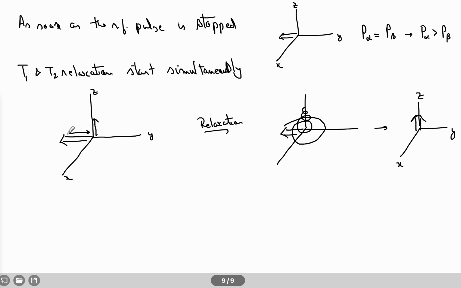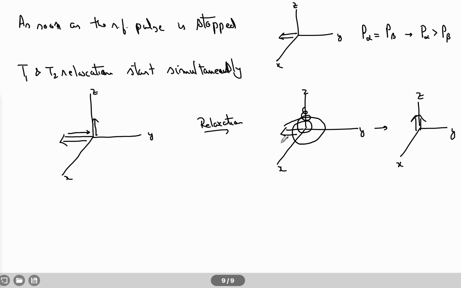transverse as well as longitudinal relaxation. So if there is only a transverse relaxation, what will happen to this vector? It will slowly precess and it will slowly decay within the XY plane. If there is only longitudinal relaxation and there is no transverse relaxation, it will slowly go up to the Z axis. But here both transverse as well as longitudinal relaxations are happening, so it will follow something like this. And we will see how, when we actually convert into the rotating frame, we'll come back to that. This process actually looks much simpler to understand. Okay, so let's not go into those details as of now.